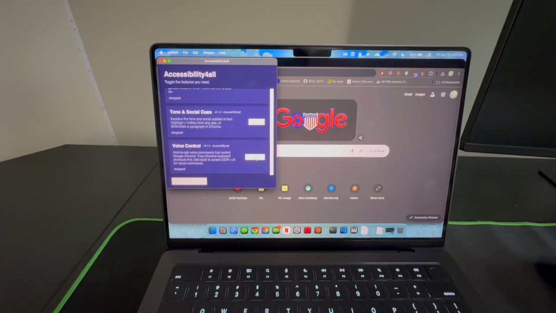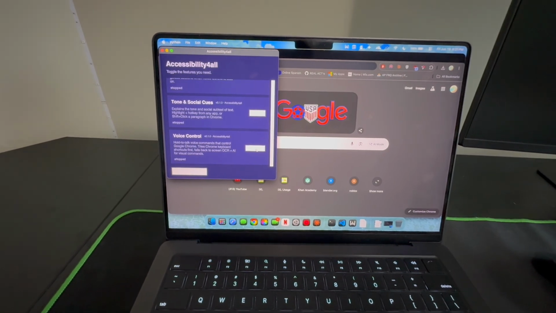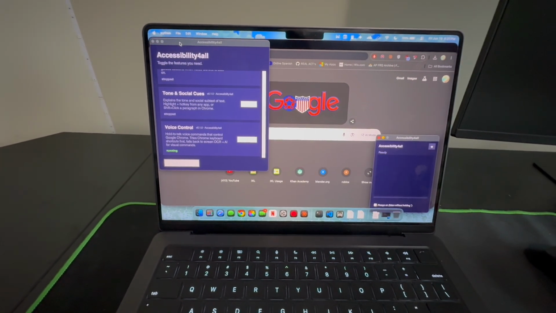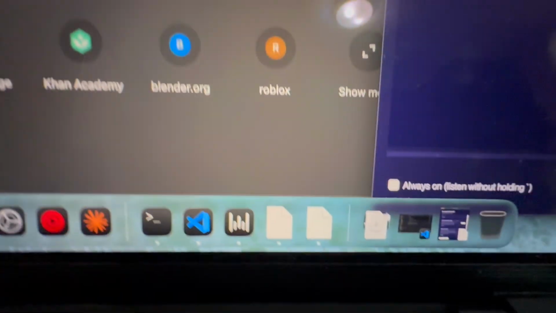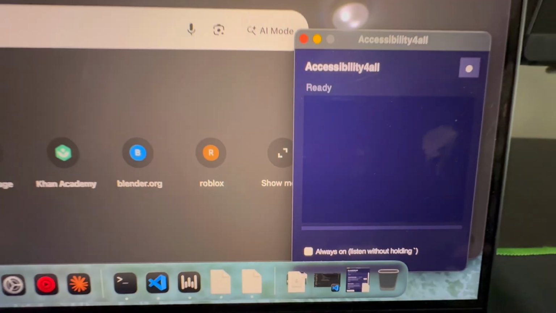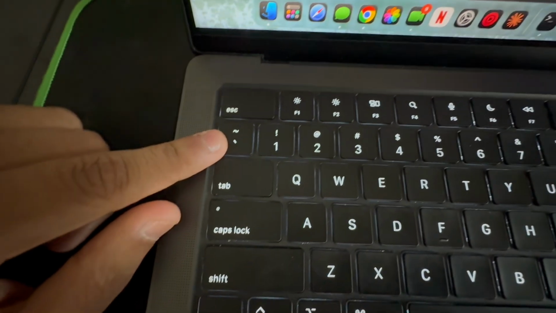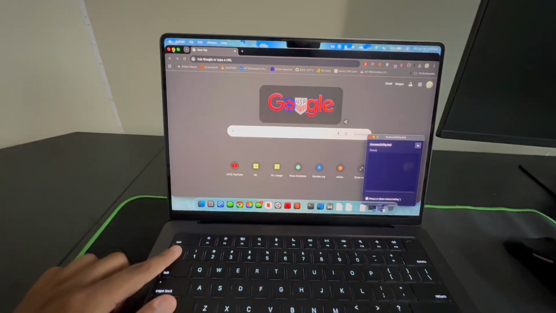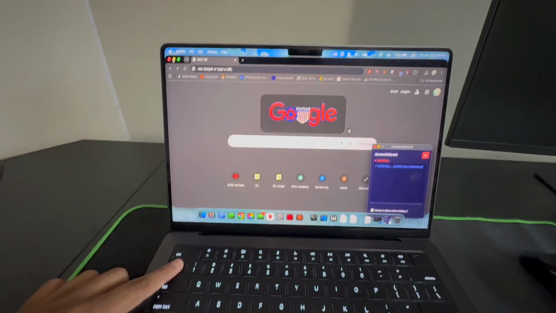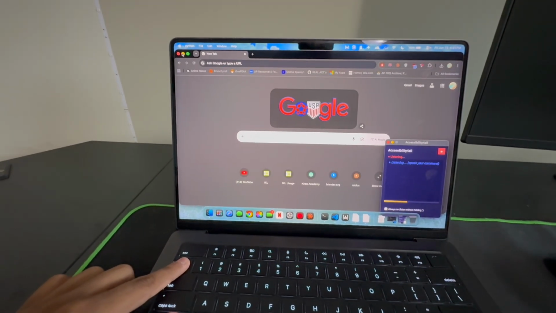Here's Accessibility for All and the voice control feature that I'll be demoing right now. So first we'll just toggle it on, and all we have to do to use this feature is to either press this toggle button where it will always listen to you, or hold this key while you're speaking and it will capture your voice. So I'll just start off by saying, create a new tab and search up youtube.com on